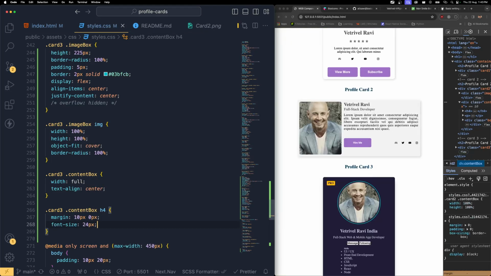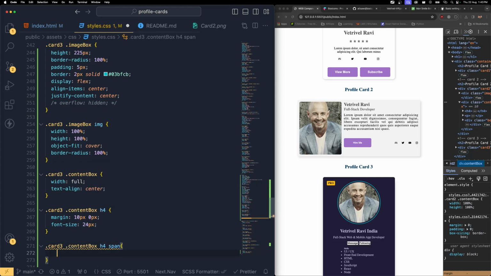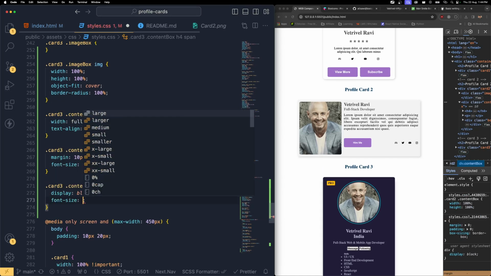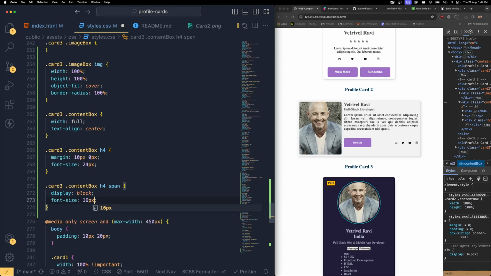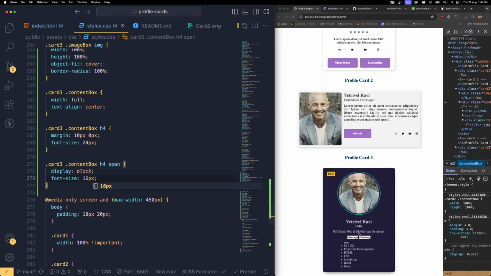That's how it looks. Then let me target the span tag, which is inside the h4. Copy this span tag, which is going to be display block, should take the completely to the new line. Then the font size, which is going to be 16 pixels, just like that. If you wish to keep it much bigger, that's up to you. You can keep it much bigger. Then for this